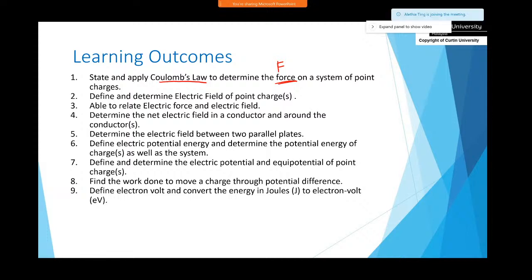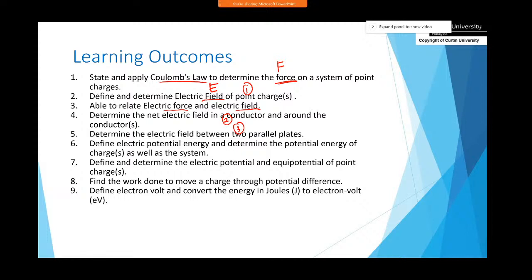If we have electric force, it is definitely caused by electric field, given by symbol E. So how are they both related? Force and field, how are they related? And electric field for different types of arrangement: for point charge, electric field for conductor, electric field in between two parallel plates. And further on,